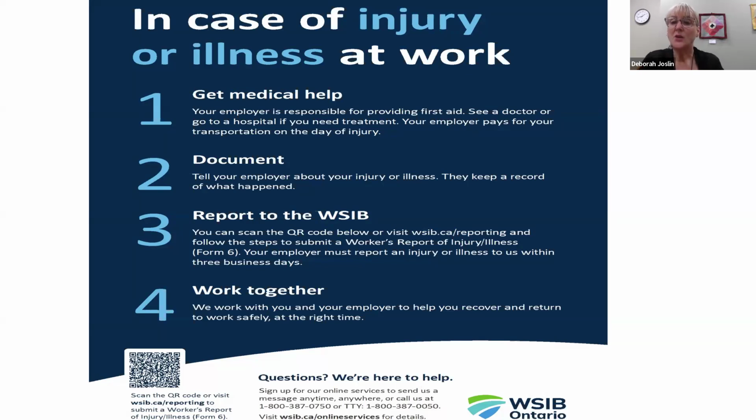the right time. It used to be that the employee didn't always have to work with us, or we didn't always have to work with the employee, but now it's set up so that both work together to enter into a return to work plan that will actually help the individual come back to work sooner. And why is that important?